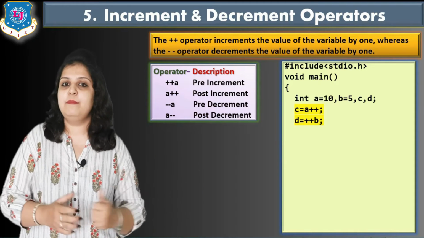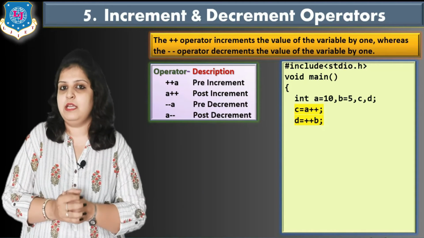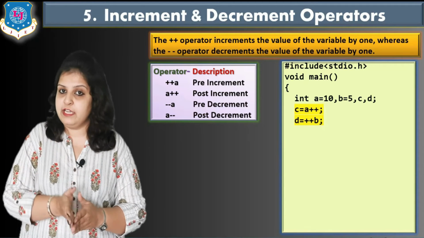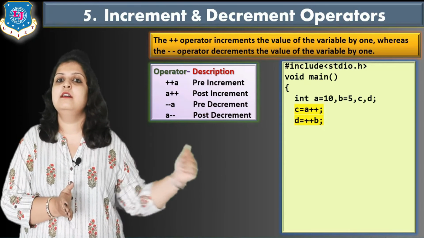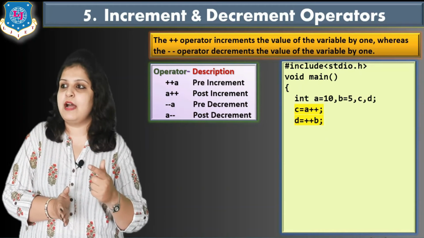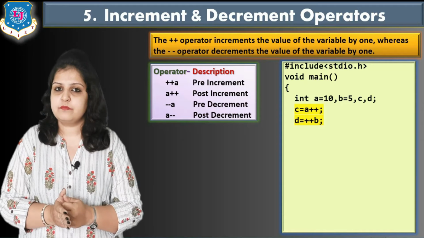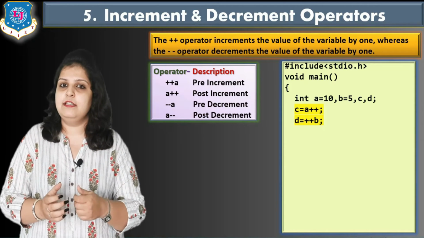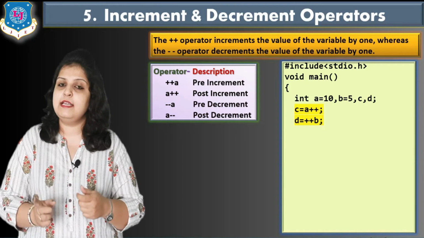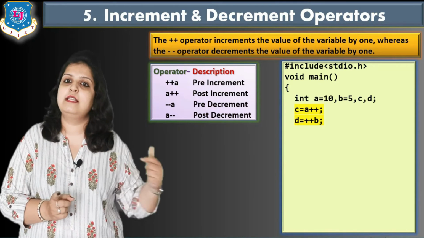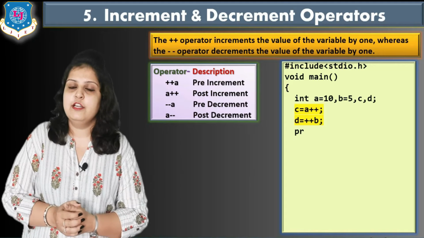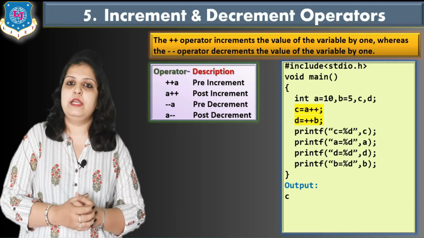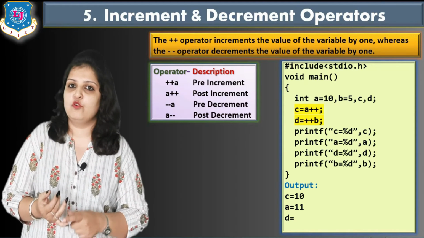Then D is equal to ++B. So here it is a pre-increment. In pre-increment, first of all the value of the variable is increased and then assigned to the next variable. Here the value of B is equal to 5. So first of all 5 is increased by 1, that is 6, and the value of B is 6, and the 6 incremented value is assigned to our variable D. So the output is like C is equal to 10, A is equal to 11, D and B both are